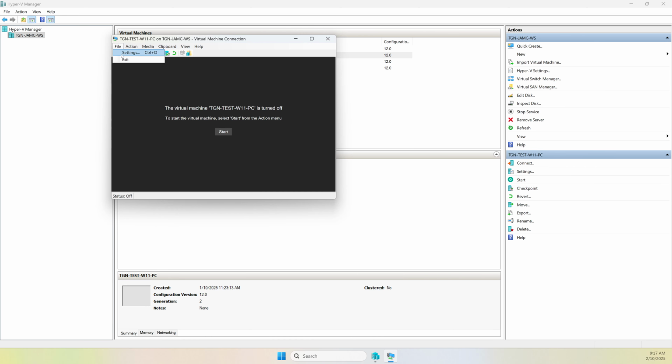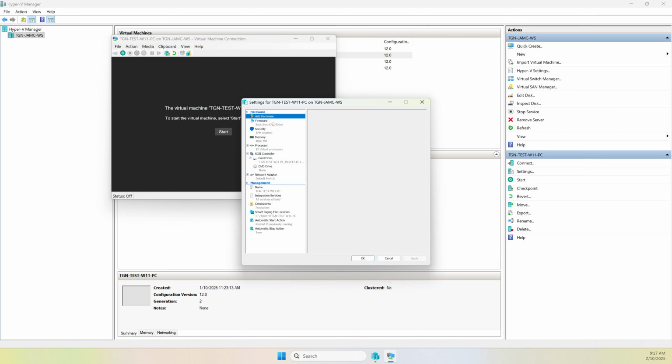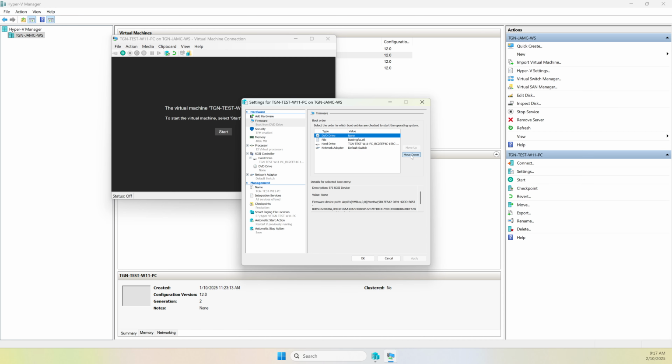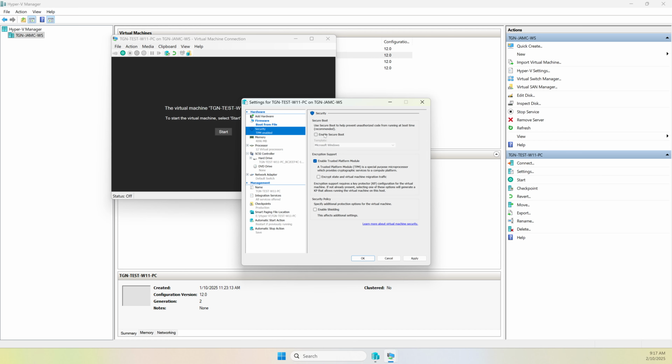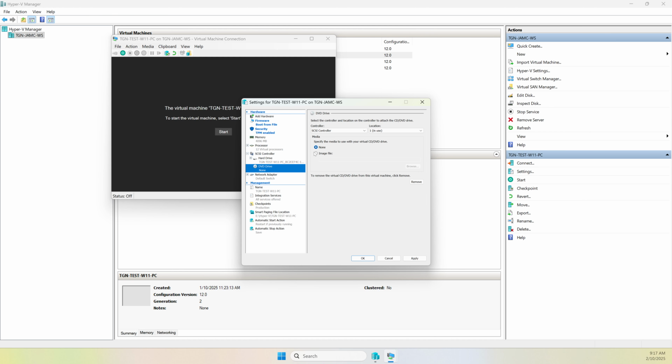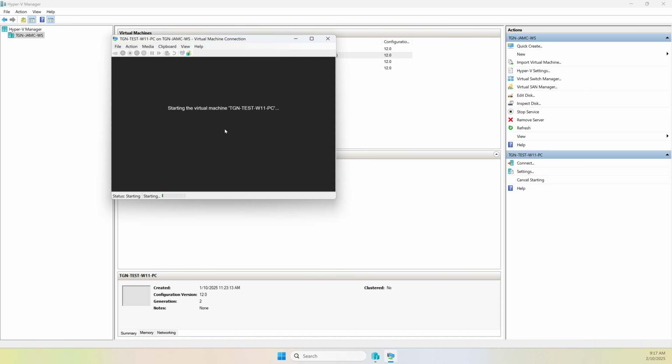So to boot back into Windows, we just reverse the changes that we've made, change it to boot straight from our default, and then boot using secure boot, and we don't need to change the DVD because it's already been ejected by the Ubuntu operating system. So we go OK now, and then we just click start